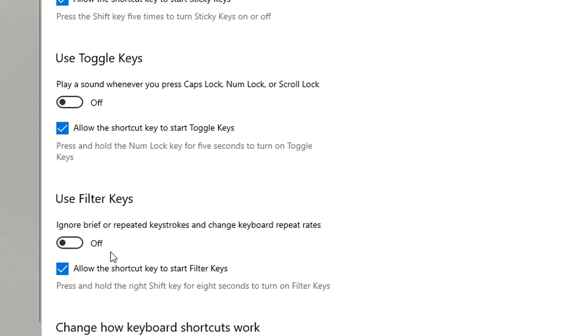Another keyboard option is filter keys. There is a toggle to turn the feature on and off, and a checkbox to allow the keyboard shortcut. In this case, you hold the right Shift key for 8 seconds to start filter keys. Filter keys is useful for typists who might have hand tremors or other issues that make them shaky. If you are typing and you tap the same letter several times in a row very quickly, the computer can